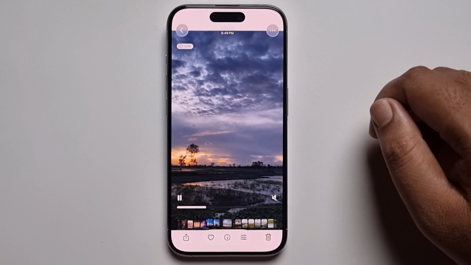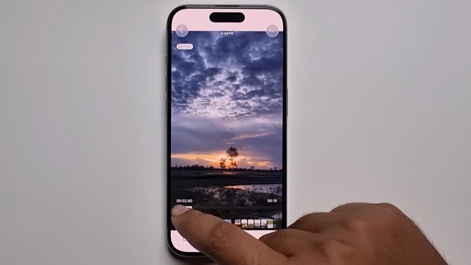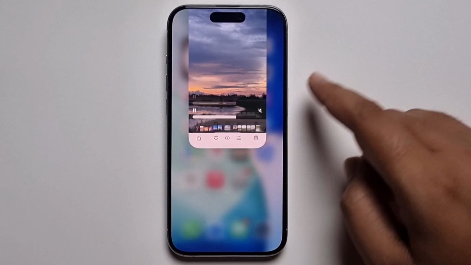Hey everyone, today I'm gonna show you how to slow down video on iPhone. So I'm just making this video slow motion. So simply